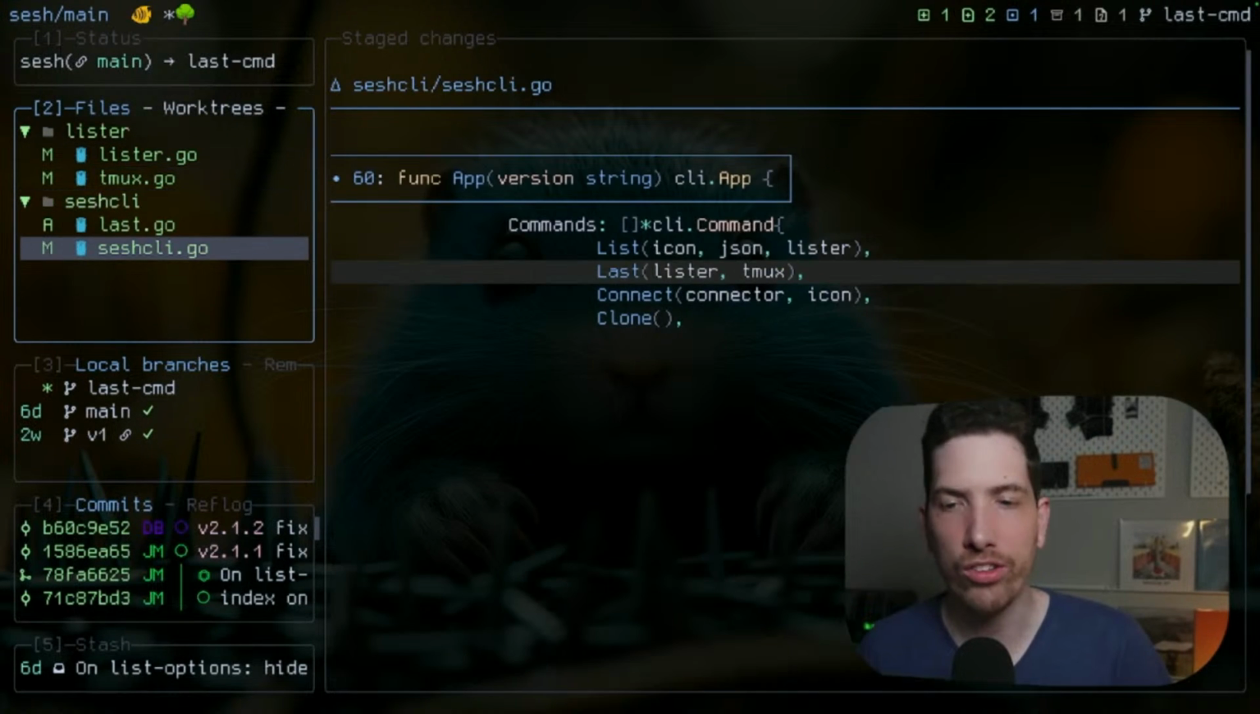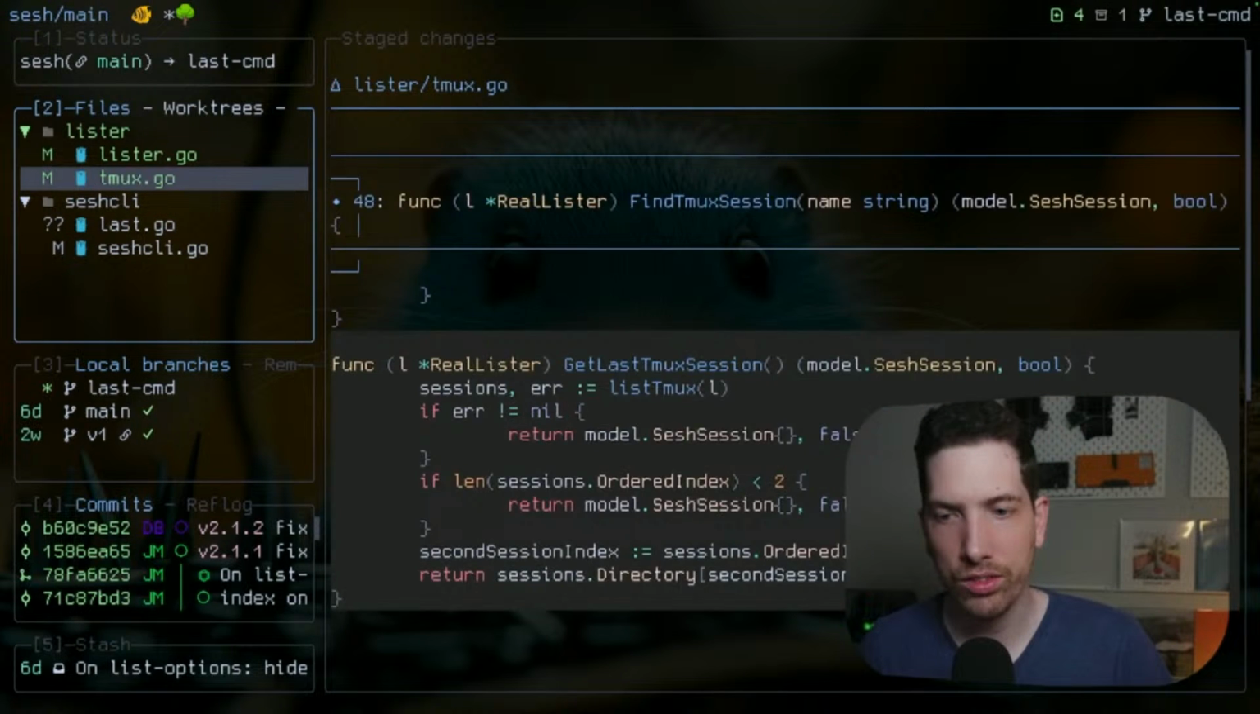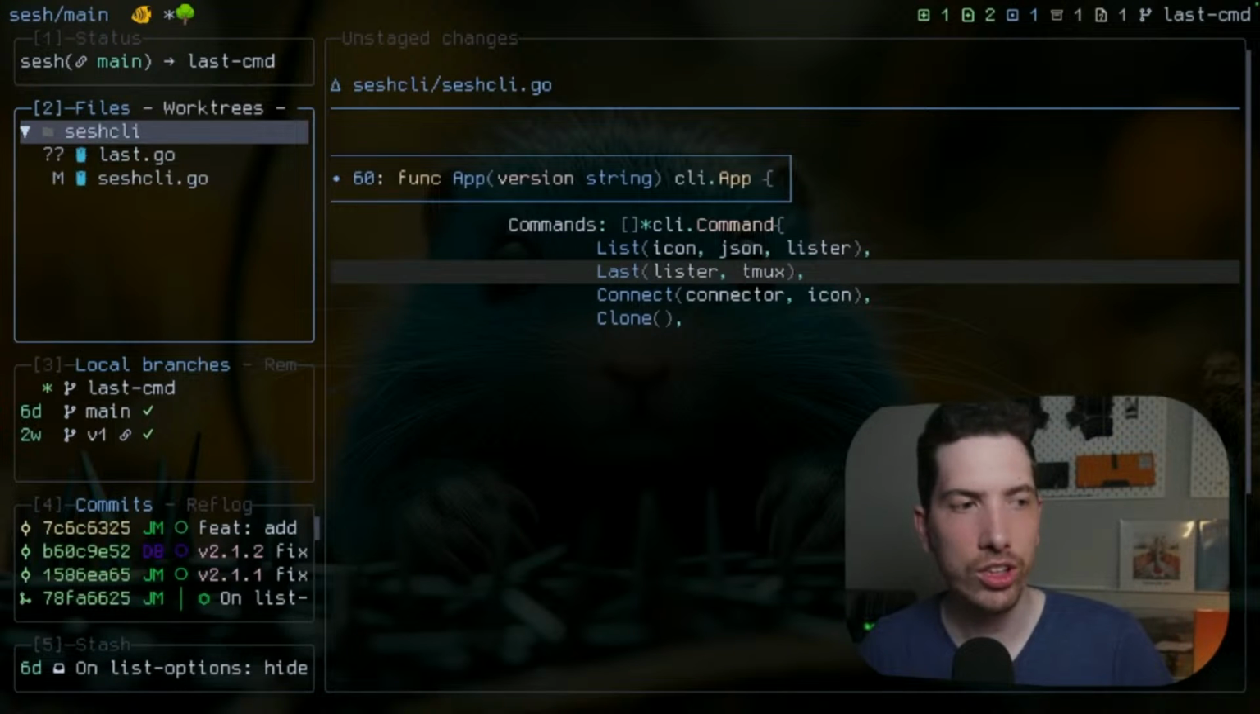We're going to call this like a beta feature. Tmux get last session. So we're going to say feature add get last tmux function. Yeah. So